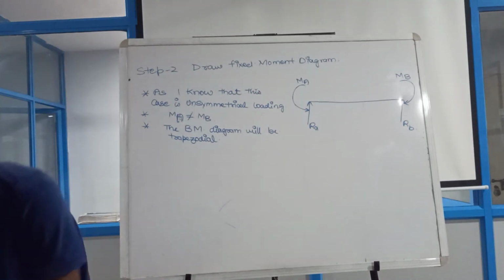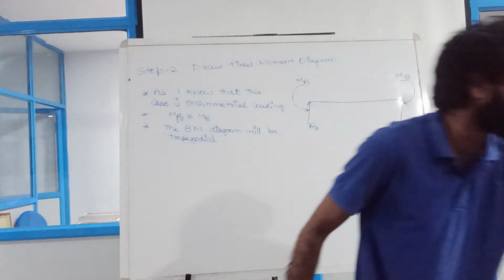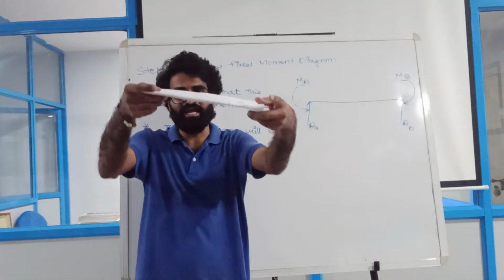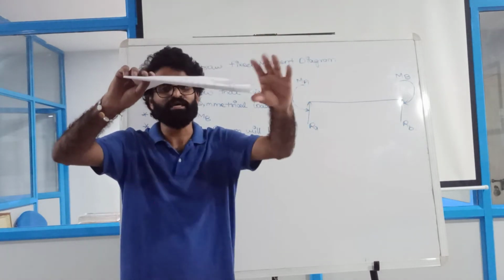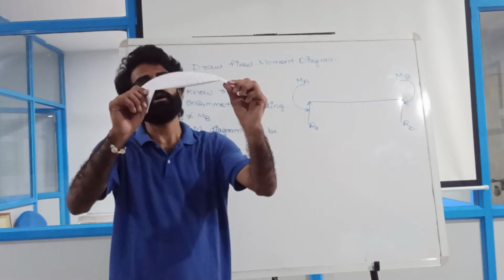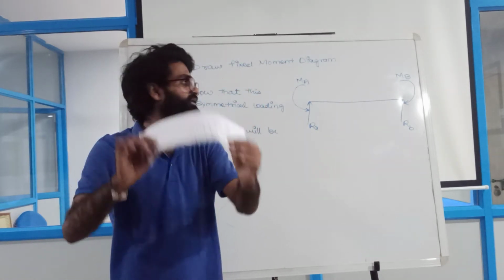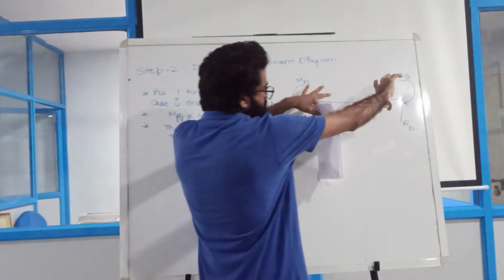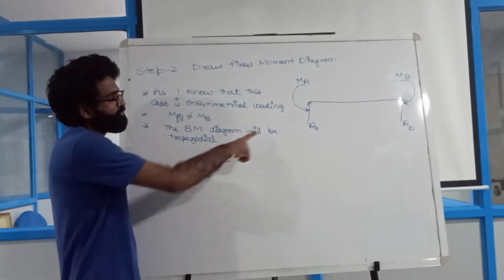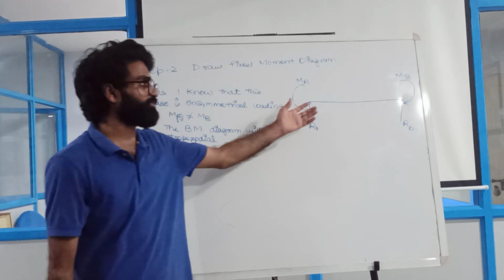beam. For example, let us say this is my beam and both the moments are acting in this direction. If they act in this direction, then a particular concave curve is going to be formed over here. So definitely this is going to bend your beam like this, so definitely the bending moment is going to become negative. It is very clear from the picture as well.